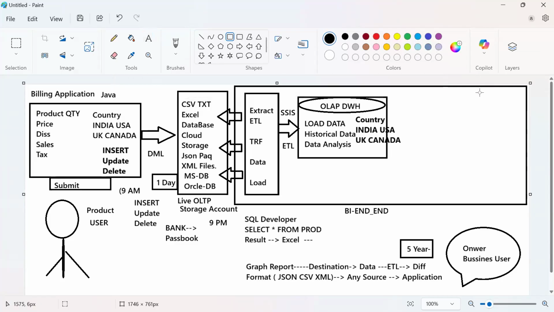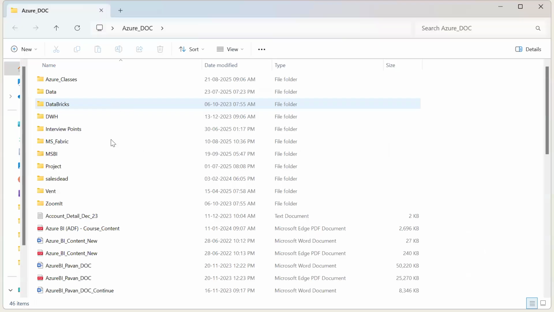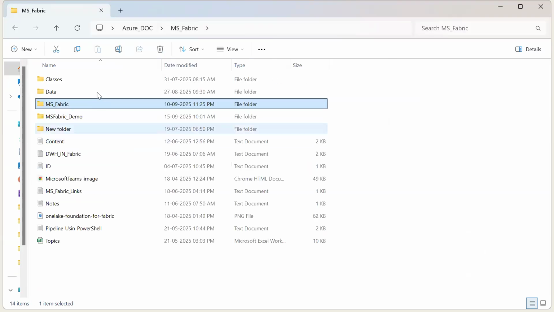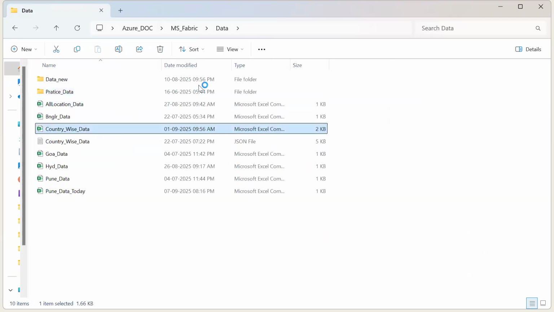Your next work is, see, this is manual work. Again, if I ask people to go and do this, to extract, he will do that. He can just go and load the data. So let me take one example. Let's take an example. If you have this data, country-wise data, let's take that.